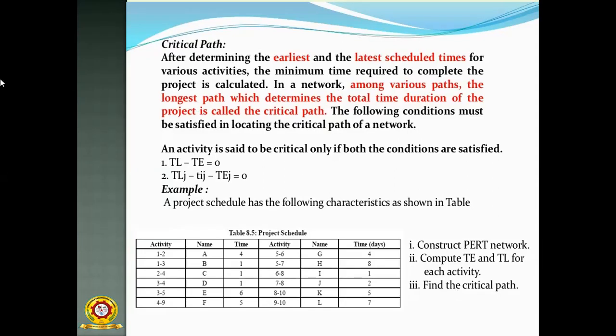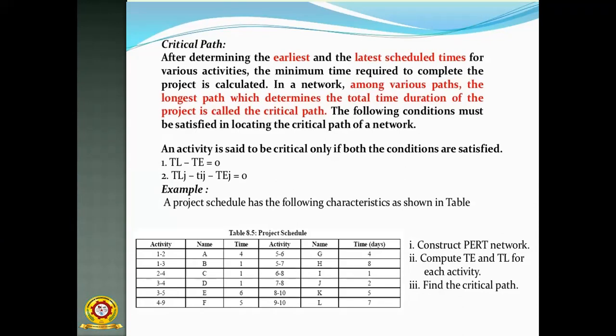Okay, that is the major part, because this is the major part in the PERT diagram, so I have to remember it and also focus on it. Critical path means the highest path in the network diagram. That means the longest time which will be taken to complete the project, that is nothing but the critical path. After determining the earliest and the latest schedule times for various activities,